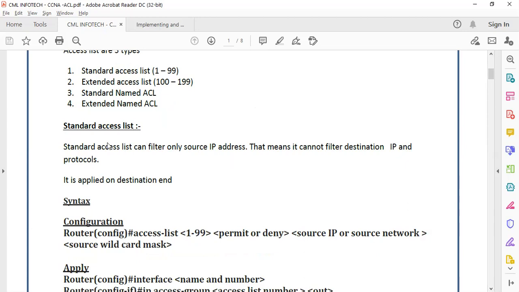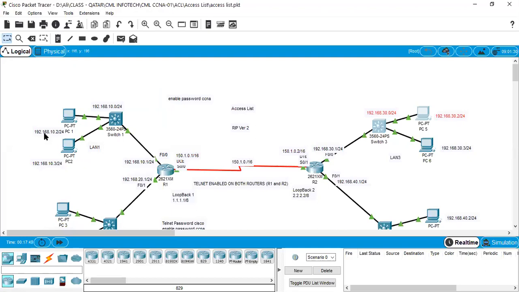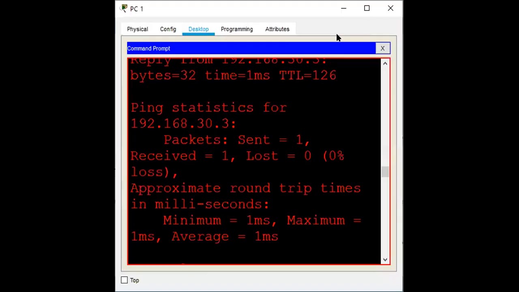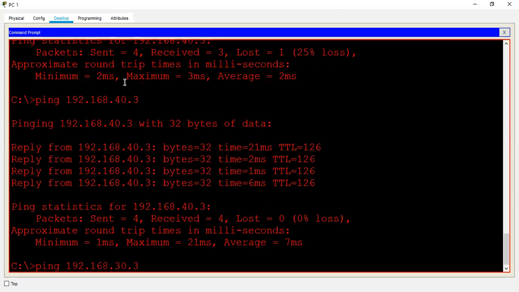Which means, let's say in this design, your question is that the 10.2 system should not ping 30.2. A simple question. PC1 should not ping PC5, or 10.2 should not ping 30.2. So currently, can it ping or not? We'll look into that. Enter the 10.2 system. This is your 10.2 system. How do you know?